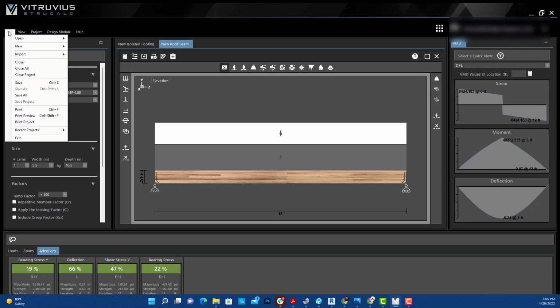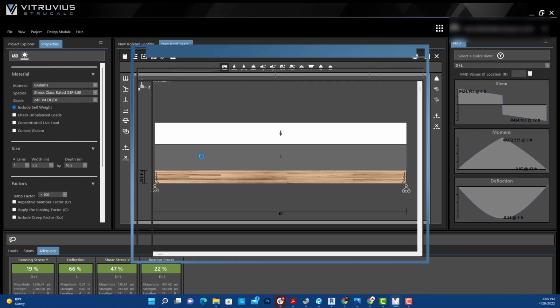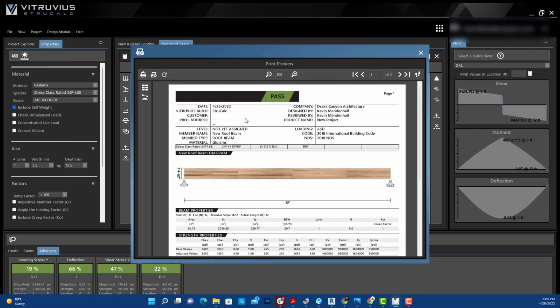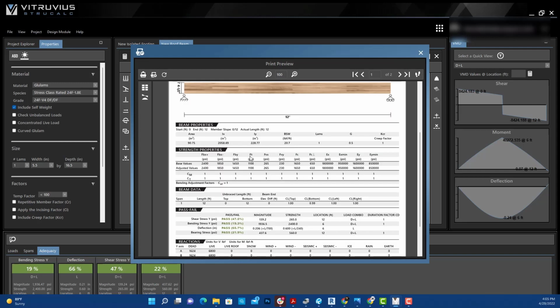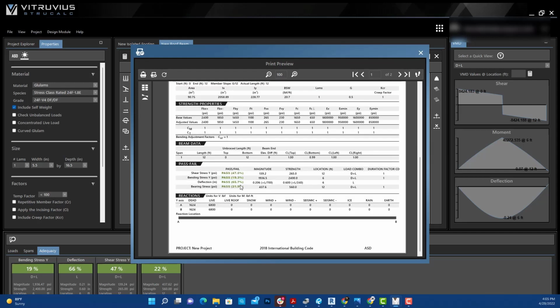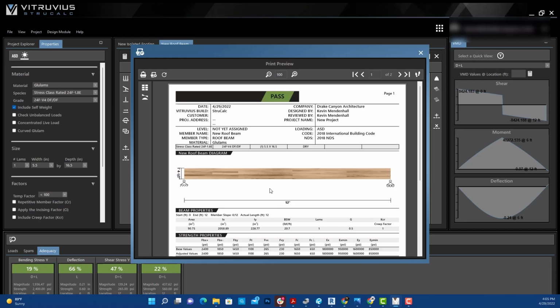And if you were to go to print preview, then you can see that there's all the necessary information that the building department may need, and it's kind of a nice diagram that you can hand out with your plans to prove that